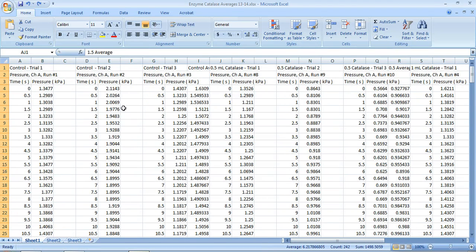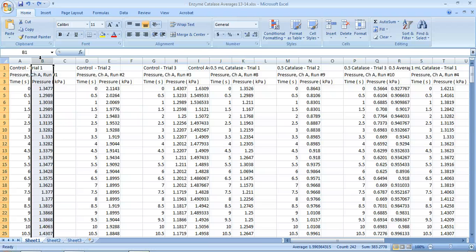For some reason, I don't know why, but Excel is glitchy. So if I want to have this data, I can't have my time, my independent variable, right next to my dependent variable. So the first thing I want to do is add a column, and I don't know why this works, but I do know that I haven't been able to get it to work if I haven't added a column and separated the independent variable. What happens is the independent variable just ends up being a line in itself,